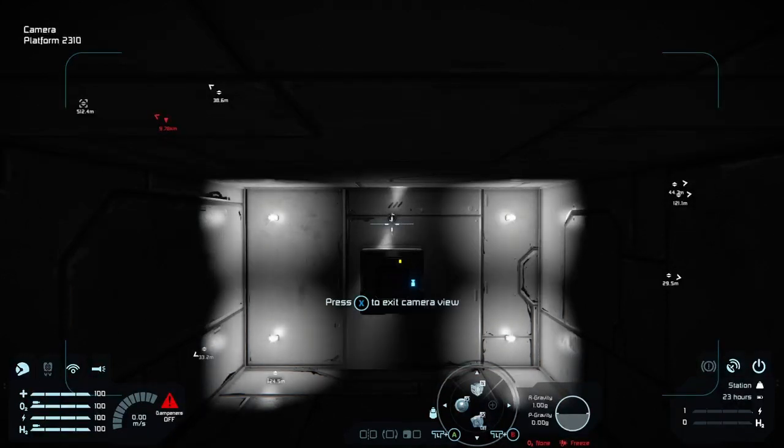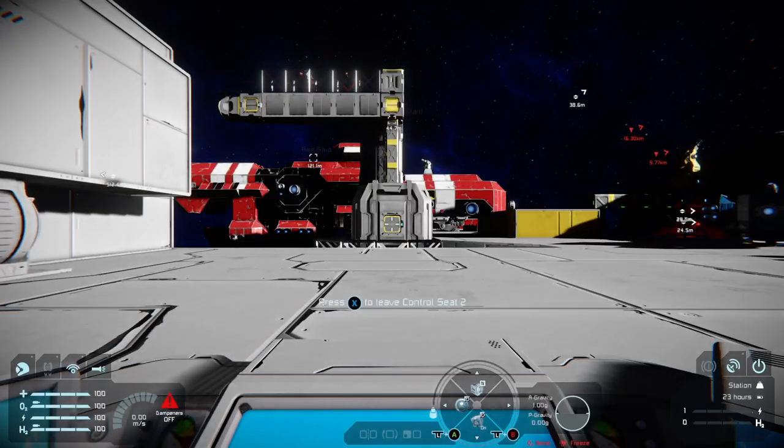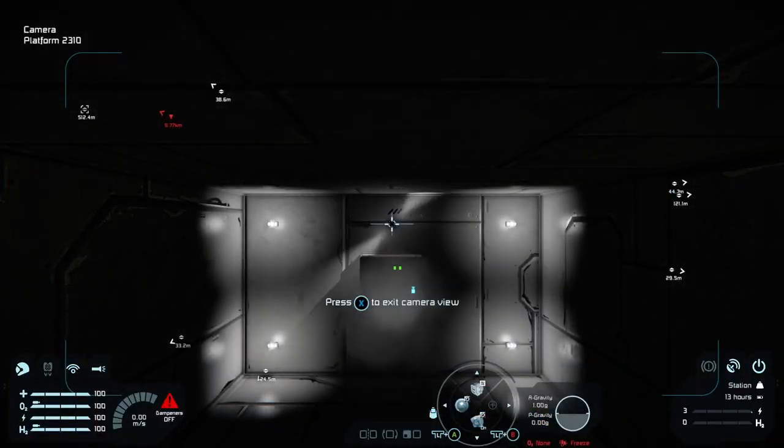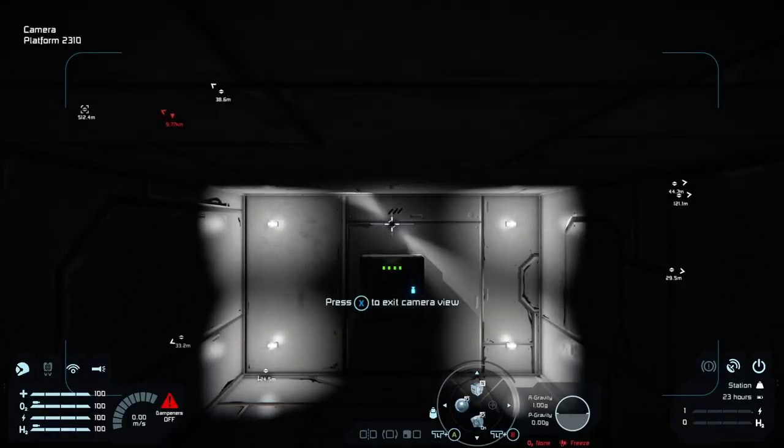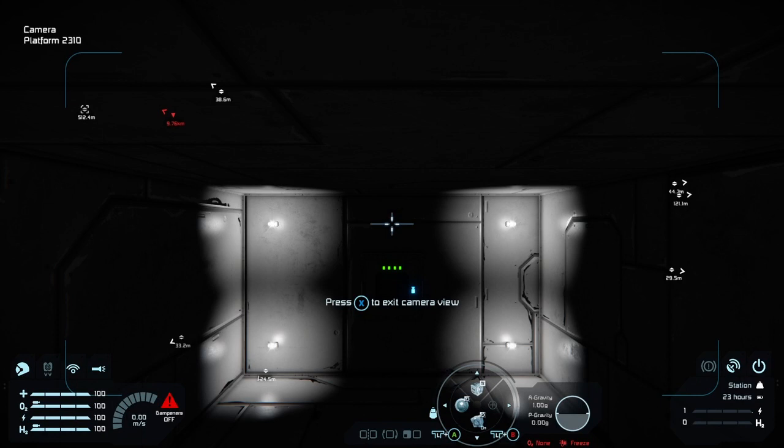If I repressurize it by turning our block back on, you'll see that as the 4 green lights show the room is pressurized, the light will eventually turn off. So how's that done? Well, pretty simply.